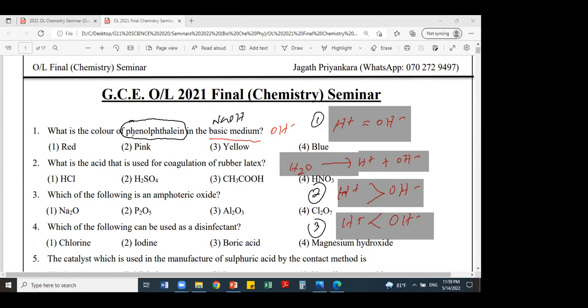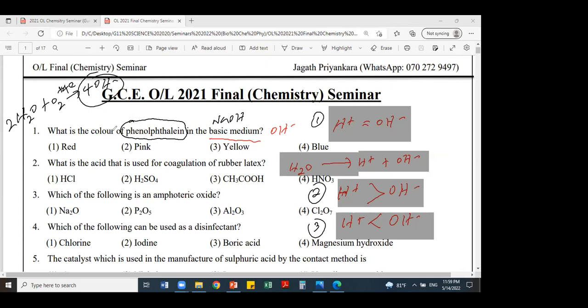Example, sodium hydroxide. Even in rusting, this is widely used. In rusting, one reaction is what? H2O and O2 combine with electrons forming OH minus, hydroxide ions. 2H2O plus O2, you get 4OH minus. By gaining electrons, this is a reduction reaction. Therefore, in electrolysis, electroplating, and now even in rusting, in an electrochemical cell, you can identify the place where the OH minus is produced using phenolphthalein indicator.